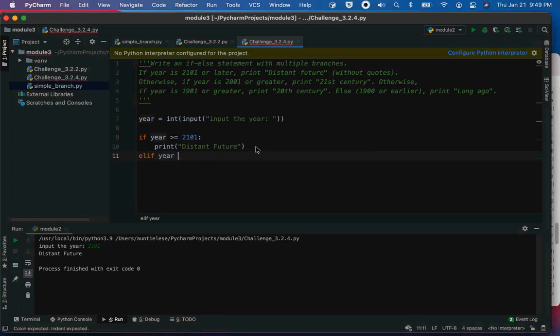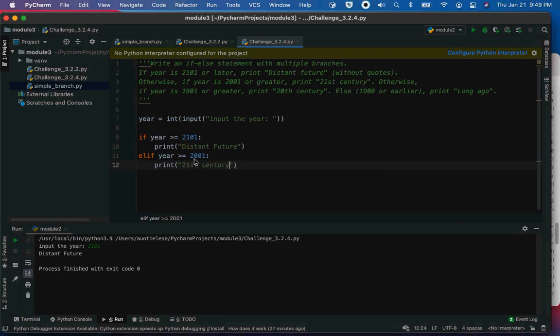Our second question is going to be about year, because this is really the subject of the question. So I'm going to say else if year, and it says year is 2001 or greater, is greater than or equal, because we already found out that greater than or equal was important. I'm going to print